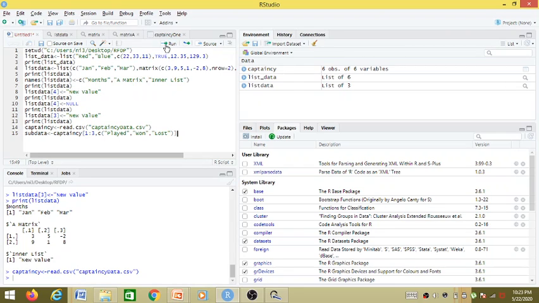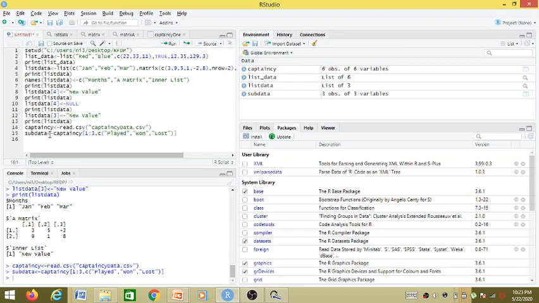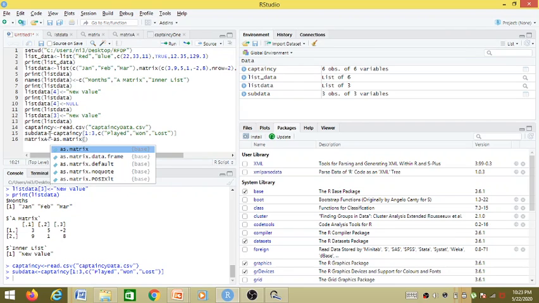Once we create this subset of the data frame, we will convert it into a matrix. We call it matrix A using the as.matrix function. If you remember, we have seen this yesterday also. Subdata.